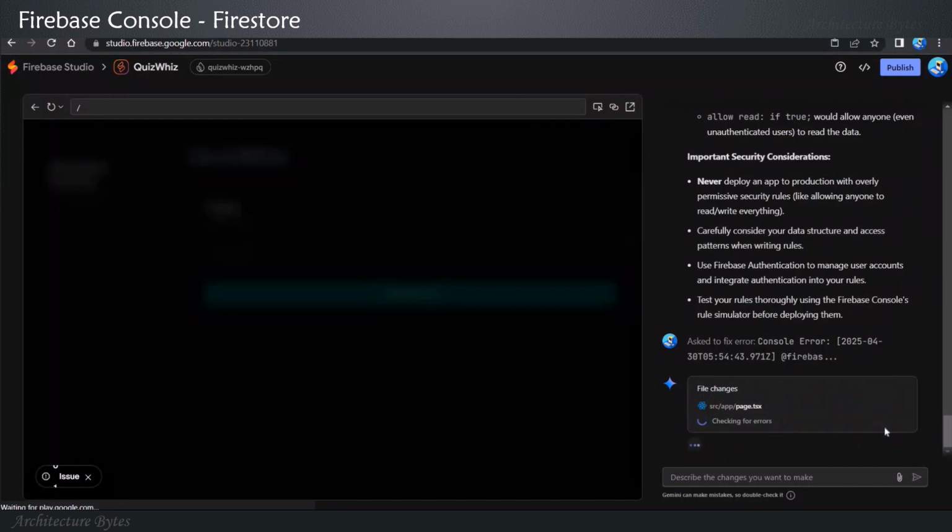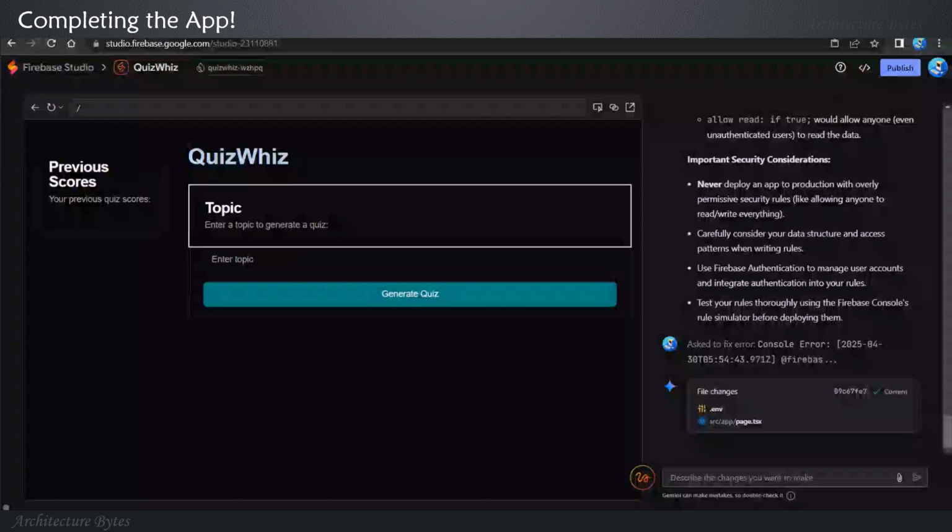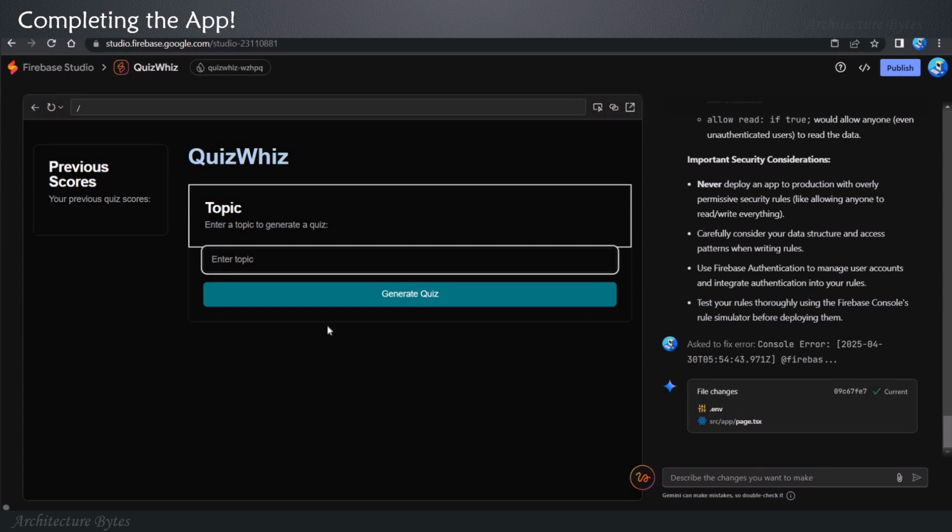Some changes are being made, and all right. Let us restart the app. So nothing seems to be happening. At least there is no visual clue about that. Okay, anyway, let's